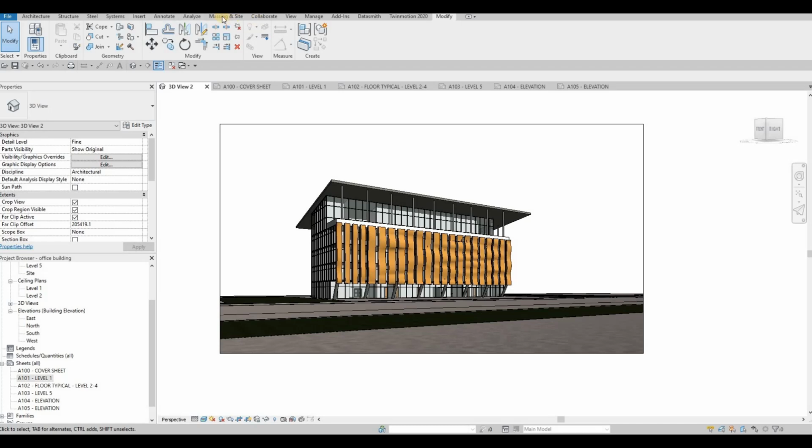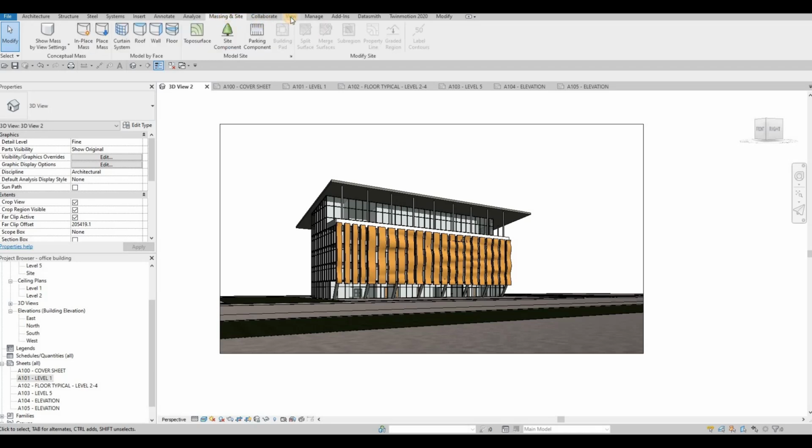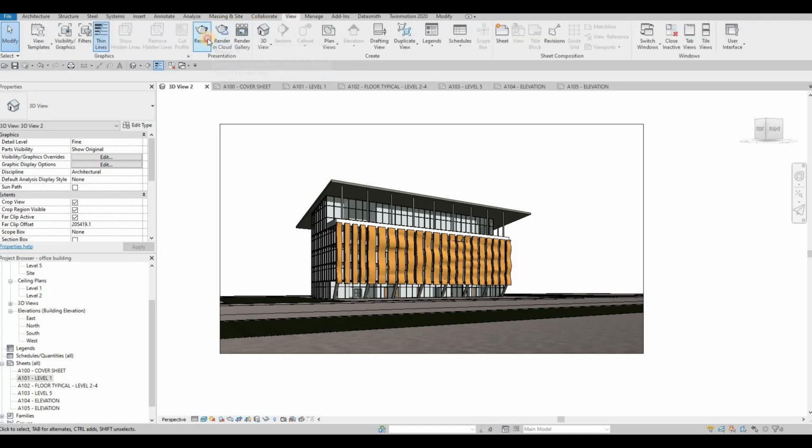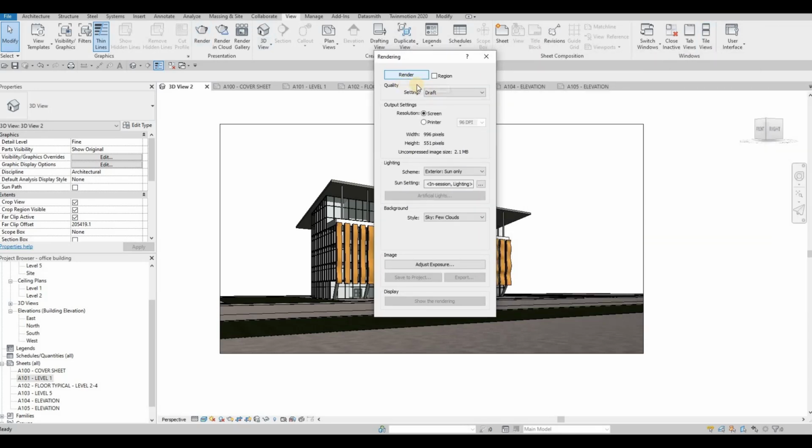So you need to go to view, and then click on render, and we can render this right now, but using draft because that's the fastest. The way it works is if the setting is higher, basically best custom, it will take longer to render. So I'm just gonna render it like this. It will just take a few seconds,